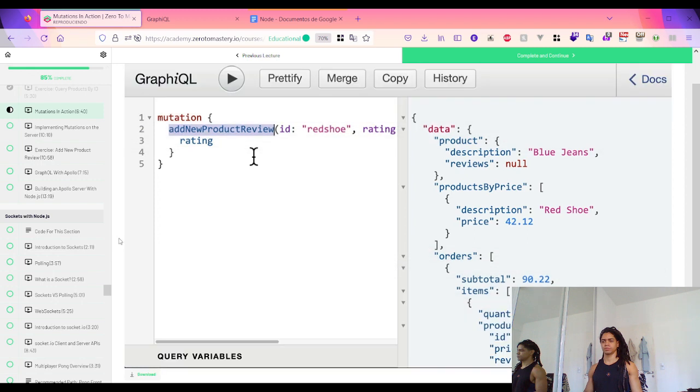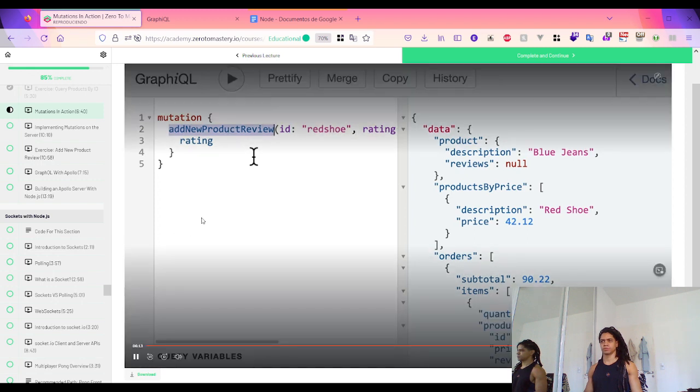We'll see that mutations are very similar to queries under the hood. The key thing is that